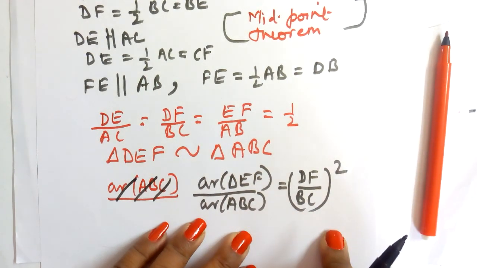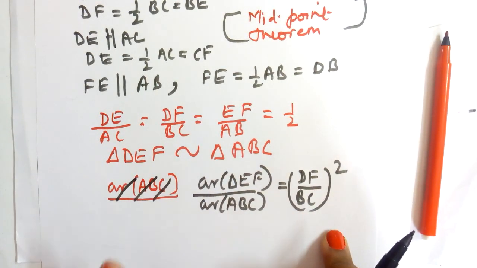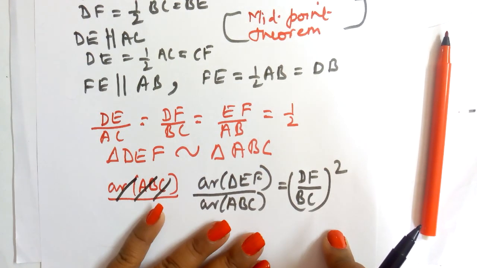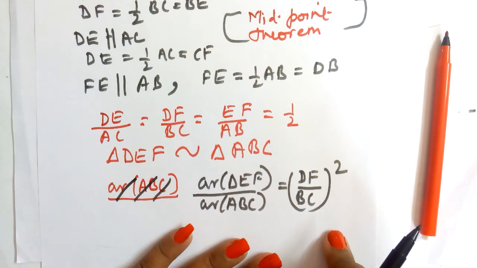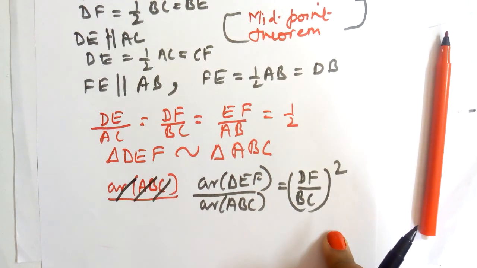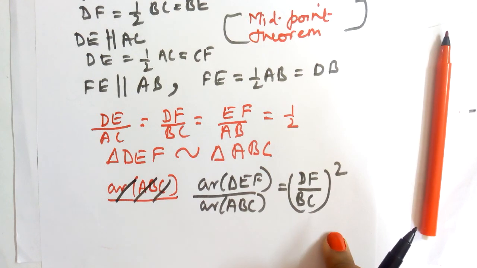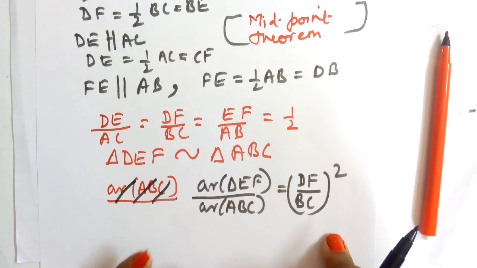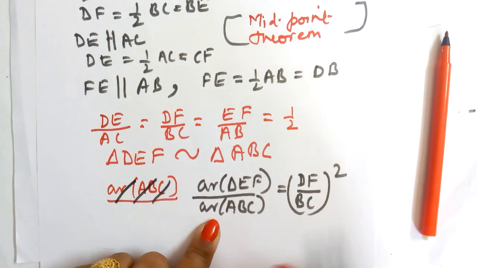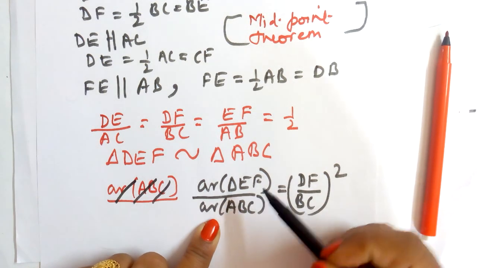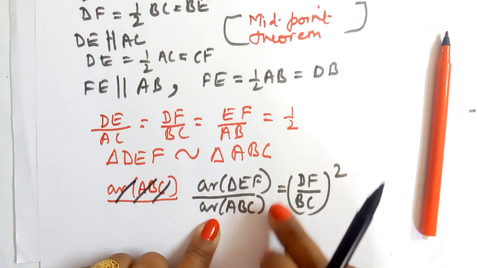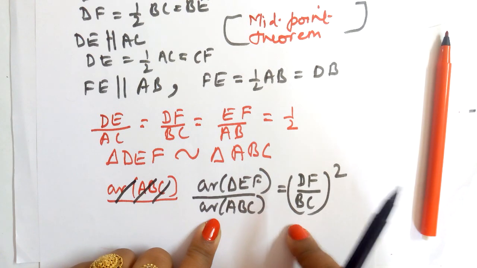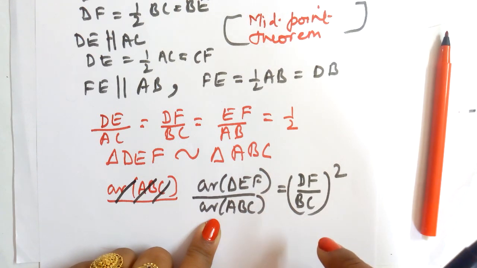This is a theorem, and this is the theorem whose proof is deleted for this year. So I am going to repeat this theorem again because it is a very important theorem that we have to use or apply in solving exercise 6.4 and 6.5 also. According to the theorem, when we have two similar triangles and we find the ratio of their areas, that will always equal the square of the ratio of their sides.